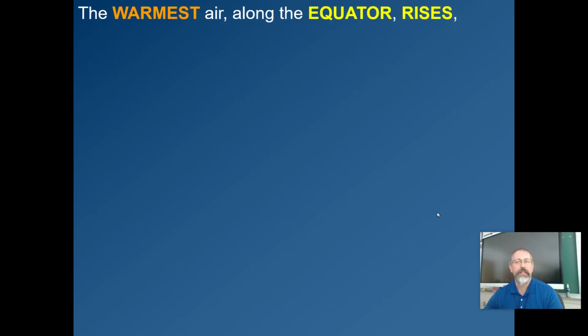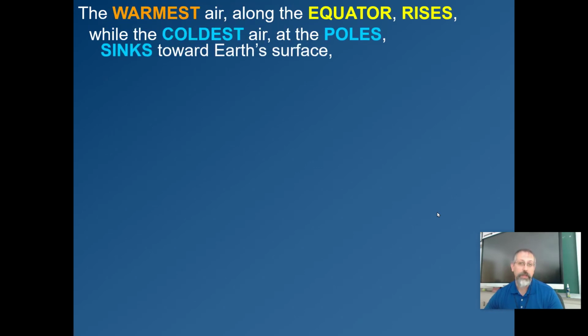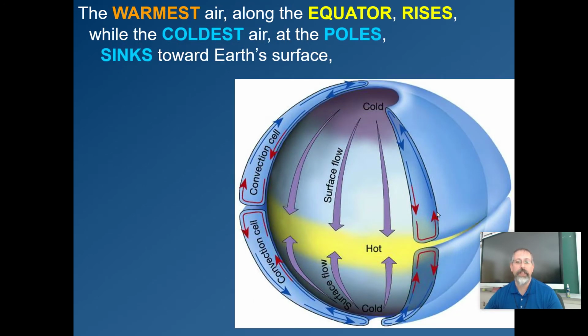The warmest air on the planet hangs out near the equator. That warm air rises. And the coldest air, of course, is at the poles because they go 6 months at a time without sunlight at all. Even when the sun is up, it's not very high in the sky. So if the Earth just stayed still in space and didn't rotate, you would expect to have a huge continuous convection cell with warm air rising at the equator, like the warm red arrows in the picture here, and then cold air sinking at the poles, flowing down toward the equator where it would warm up, and then come back up toward the poles. You'd have this giant convection cell. But the thing is, the Earth does spin.